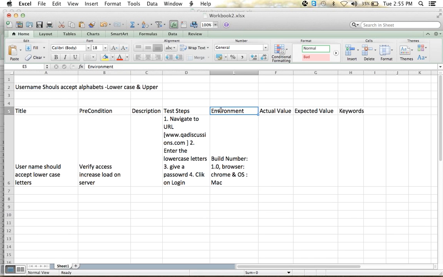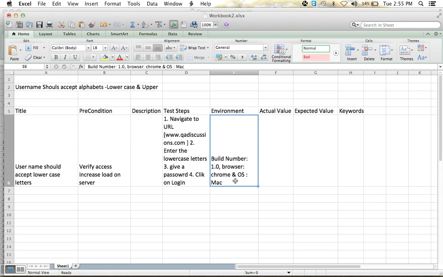So what is the importance of environment? See, the developer, when we give some logic, he may develop it in a particular browser. While developing a code, he'll write it and test in IE or Chrome. He may not be aware of other browsers like Safari, Netscape. We have so many types of browsers, right?